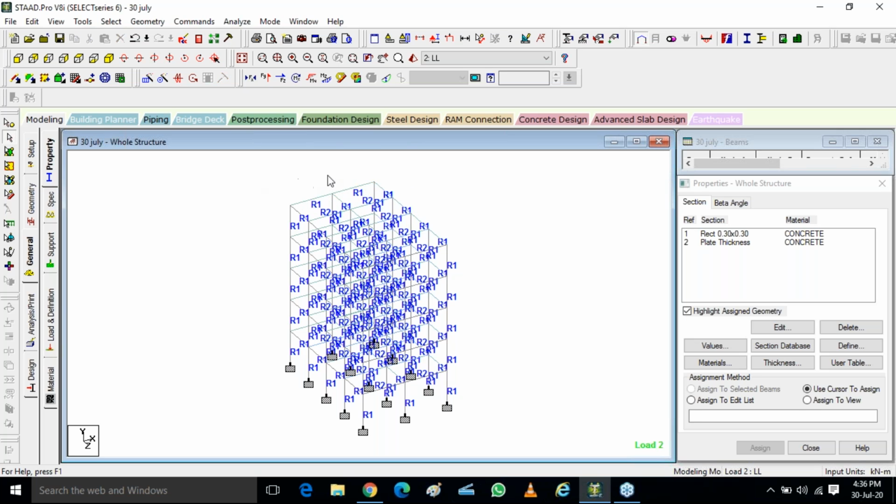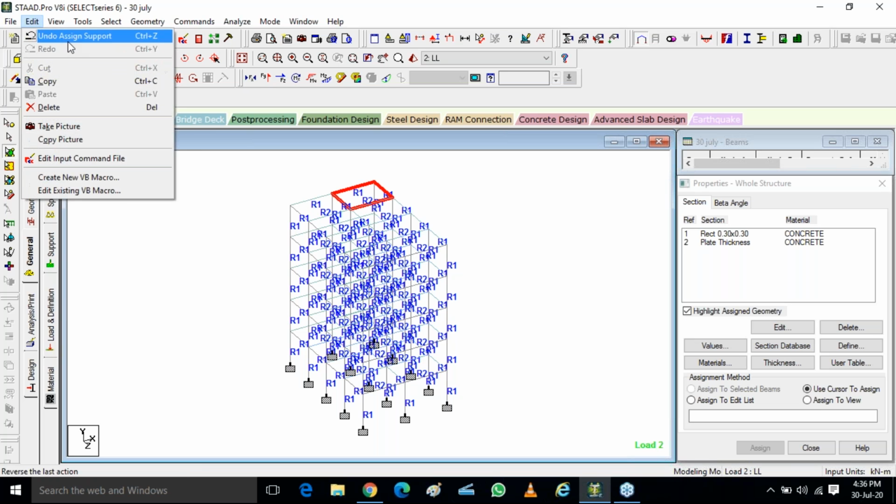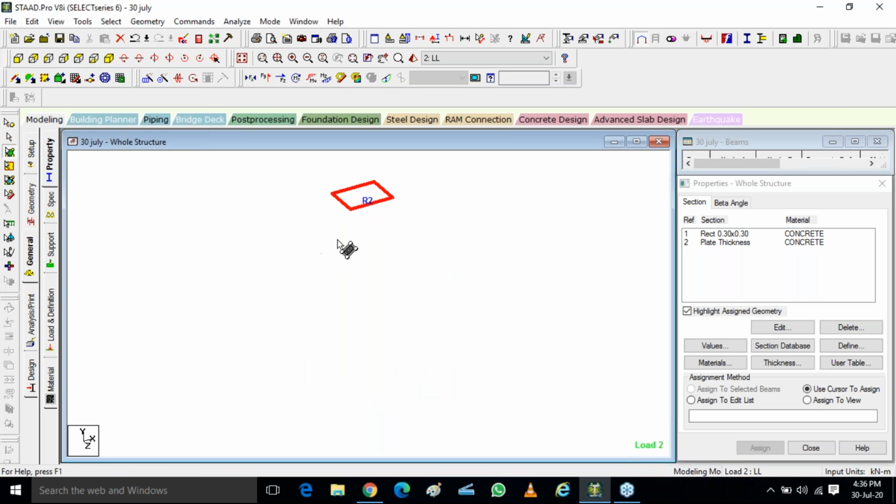For that, first of all I'll go to my plate selection, select my plate and view my selected plates only. Now on that plate only I have to put my water tank. The size of the water tank, suppose we take it as 1 meter by 1 meter by half meter, that is like 500 liters. If I take it as 1 by 1 meter and height of 200 mm, which is 200 liters, how am I going to accommodate that water load here?